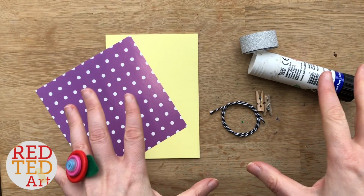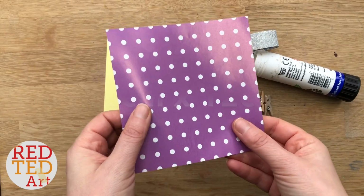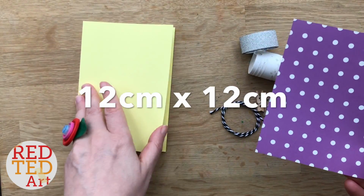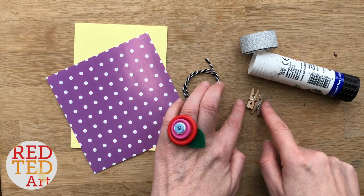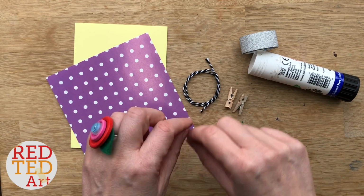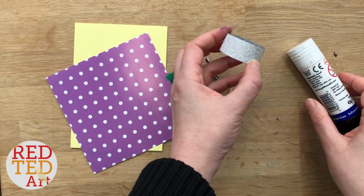So to make your really cute pop-up dress card, you will need a little piece of paper. Origami paper is ideal, but any paper will do. You will need a card. You would need some baker's twine or some little ribbon or something, some little cloth pegs. If you don't have these, you can just cut out little bits of paper, glue stick and some pretty tape